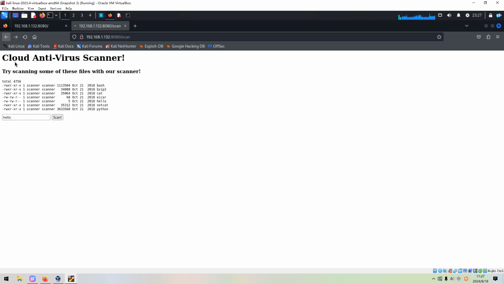So maybe, because the result or output is actually some sort of command output, maybe the command injection vulnerability exists here. Let's test it. We can try to use the ls scan.